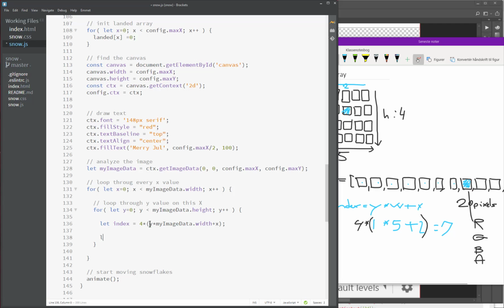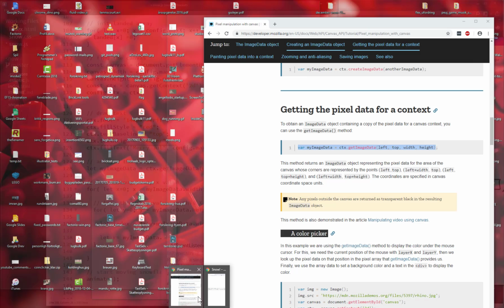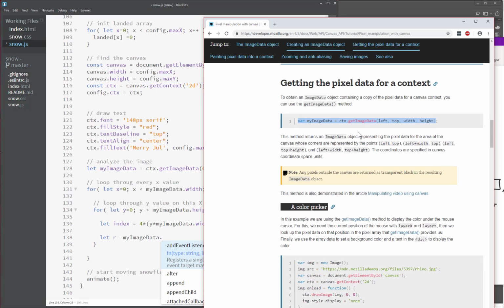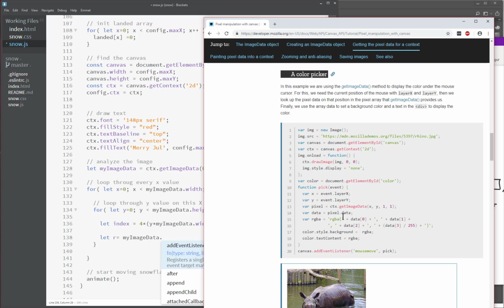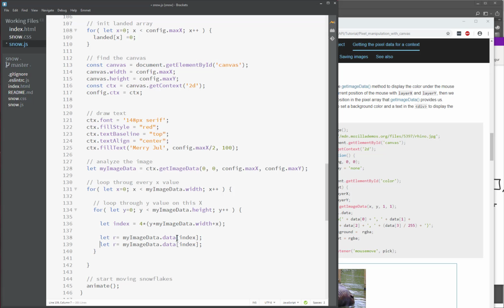and then R would be my image data dot, what is it called? Because getImageData gives me, it's called data. Oh, fun. So data index. And then I could say R would be this, G, B, A, index plus 1, plus 2, plus 3. And I would only need